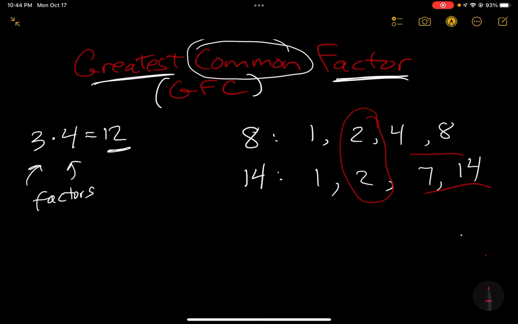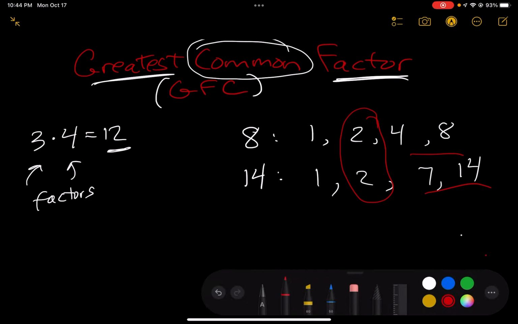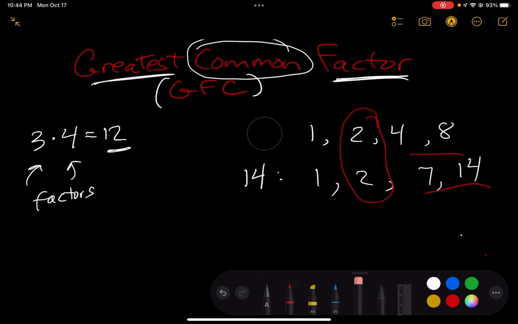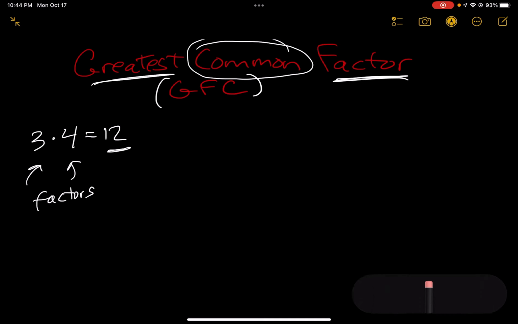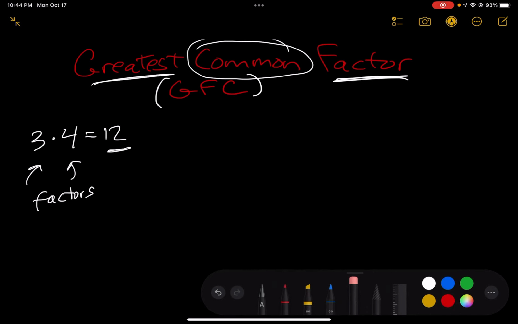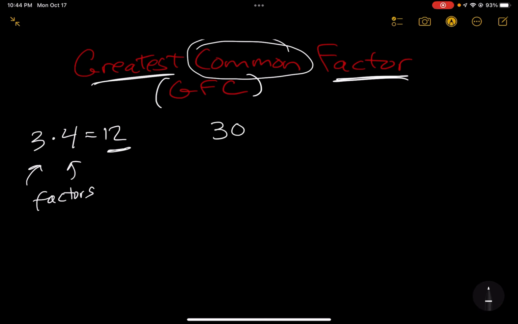Okay, let's look at something a little bit more complicated, and then that'll be our last example. What if we had, because it doesn't have to be 2 numbers, it can actually be more than 1 number. And this is going to help you in higher level mathematics when you have to start solving more complicated equations. Okay, let's take a look at three numbers. We're going to look at the numbers 30,